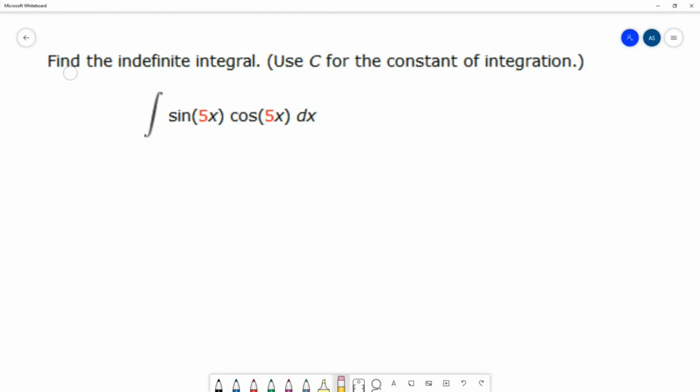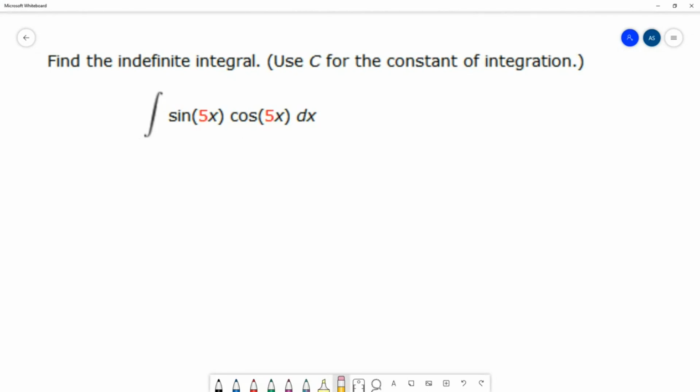On this question, we have an indefinite integral, and that integral is sine of 5x cosine of 5x dx. So when you have a problem, well, generally most integration problems, you're going to try to use what's called the